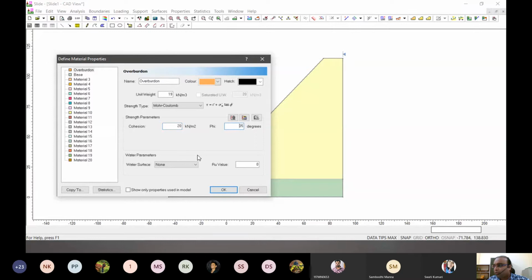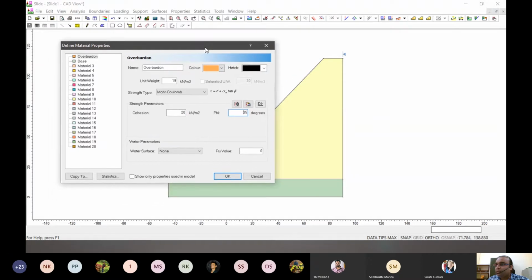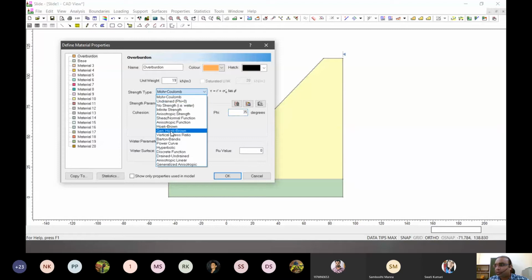That's okay. One thing to note here is, like last time we discussed how there are different kinds of failure criteria. We discussed the generalized Hoek-Brown failure criteria, and the Mohr-Coulomb that we are already doing. There are many ways in which the program can be given an idea of how the material will fail.